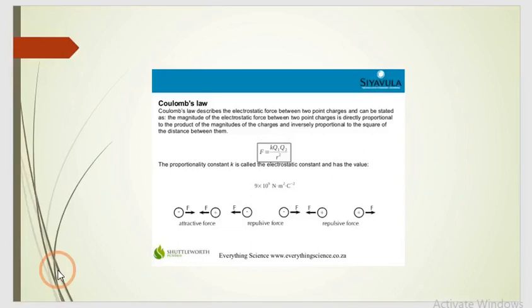Let us consider the force for two different mediums, one for vacuum and one for a medium. For vacuum, we consider 1 upon 4 pi epsilon naught, Q1 Q2 upon r square. But for a medium, let's take 1 upon 4 pi epsilon, Q1 Q2 upon r square. So when you consider this, the ratio of these forces, that is F vacuum to F medium, becomes epsilon upon epsilon naught. This ratio is called the dielectric constant of the medium or relative permittivity.